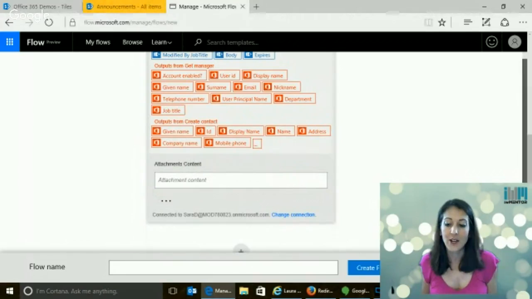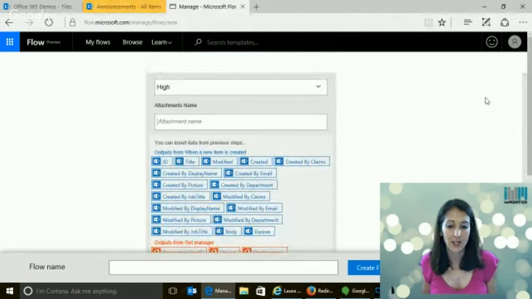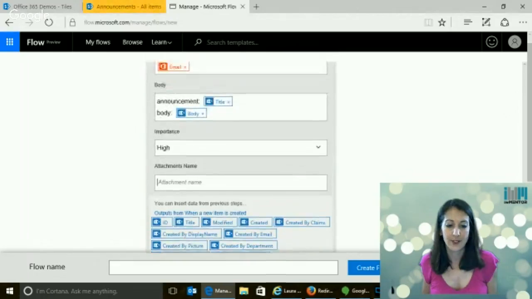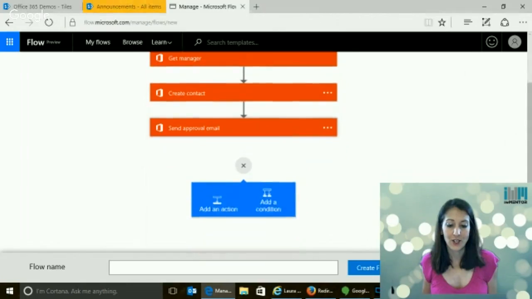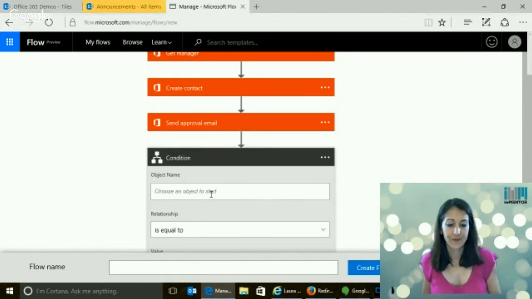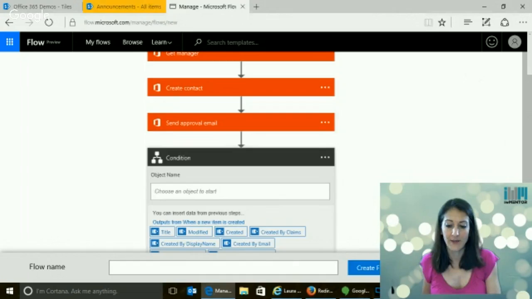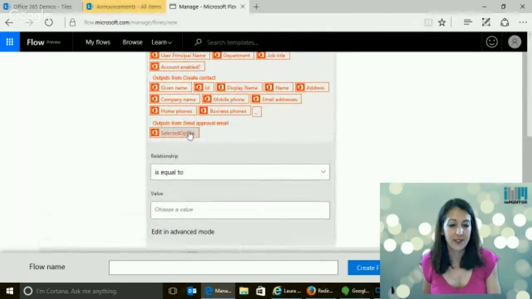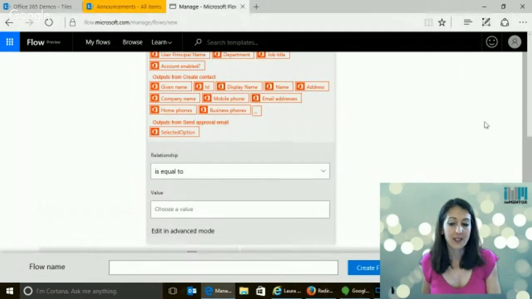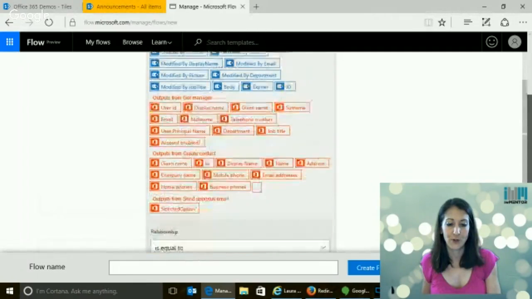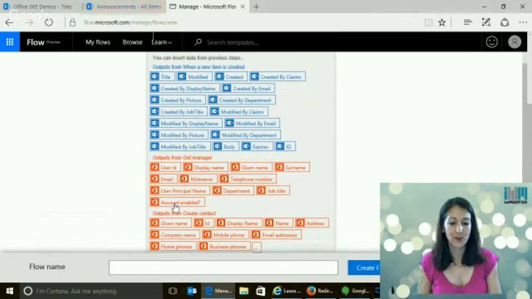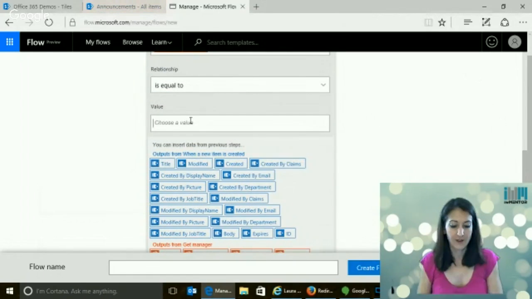All right, so now that I've sent the approval email, and I can kind of collapse and expand these too. So I can collapse it down just by clicking the header of it. So now I can do a condition. All right, so what condition? I'm going to have an output for that. The selected option. So that's going to be what they select in the email that they receive asking if they want to approve or reject it. So the selected option is equal to, and then I'm just going to type approve in here. If it's equal to approve,